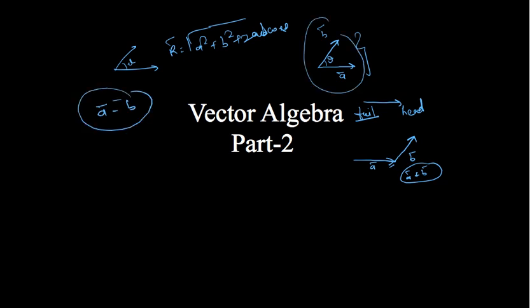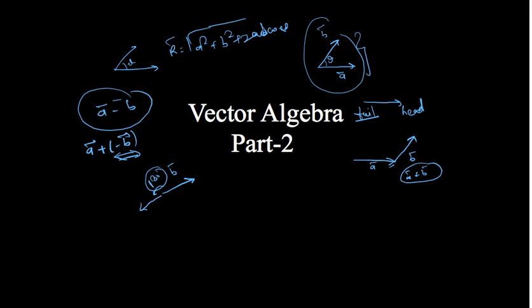In that case, we cannot do subtraction just like that. Actually, we are subtracting, but by making an addition only: a vector plus minus b vector. So we have to change the vector from b to minus b. How to change a vector from positive to negative? If this is b vector and it is positive, to make it negative you just reverse it by 180 degrees, so you are changing its direction.